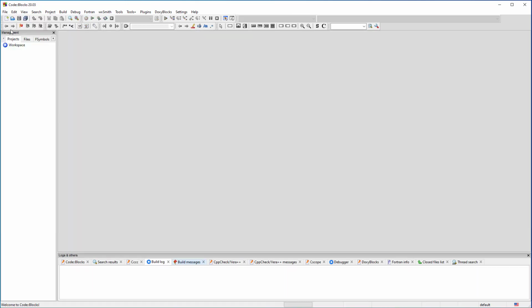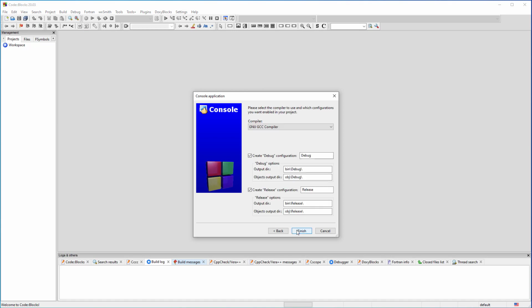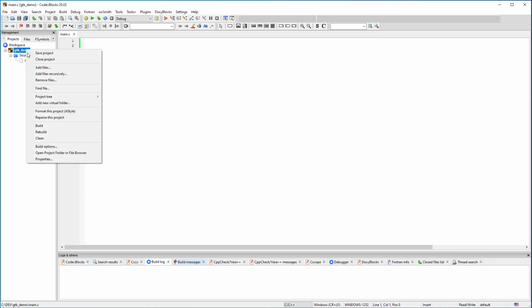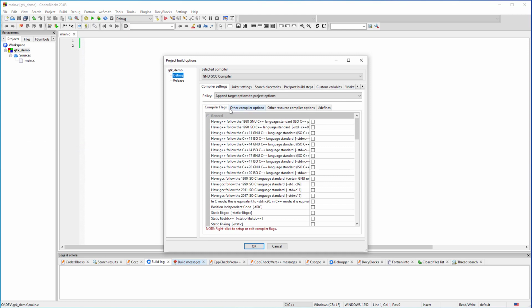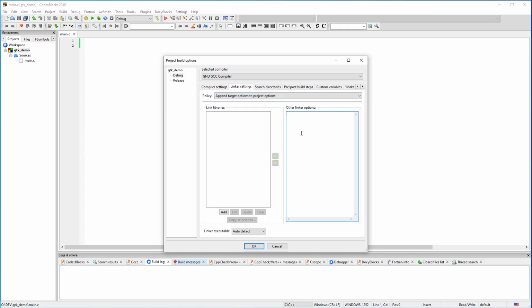Close the project and create a new console project, but this time select the C language. Like before, remove the code generated by CodeBlocks. Go to Compiler Settings and select Other Compiler Options. We are going to use pkg-config to list all header files that GTK 3 needs or depends on. Be careful to use backticks to surround the command. Select and copy the command and go to Linker Settings. We are going to paste the above line in Other Linker Options and replace cflags with libs.